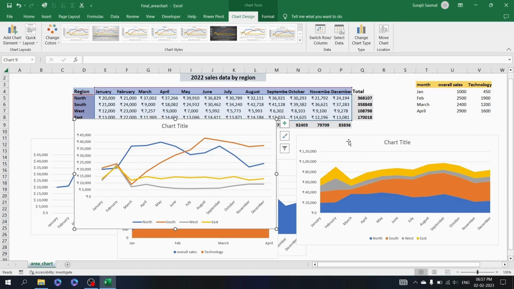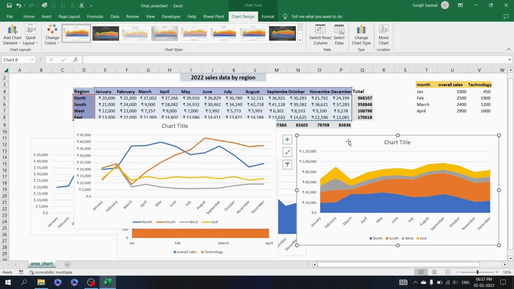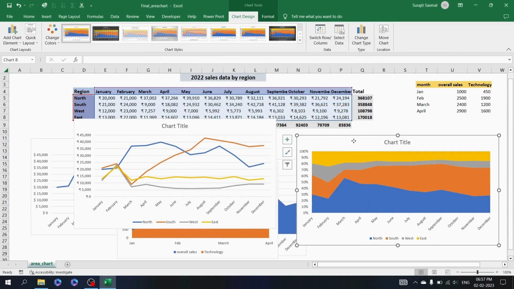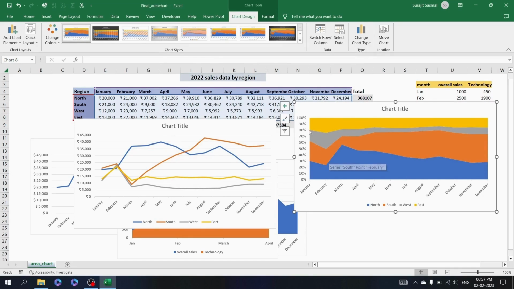But at the same time, the same chart you can visualize properly using a 100% stacked column chart. So change the chart type, instead of stacked column chart, use 100% stacked column chart. Now you can see it just normalizes the data, so you can see the trend here. Because everything is matched to 100%, you can easily see the percentage of